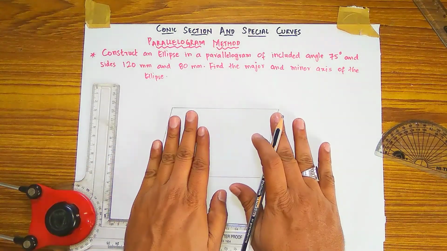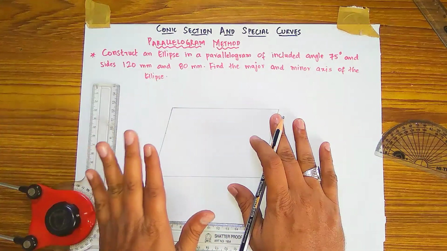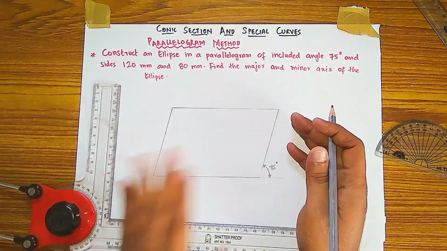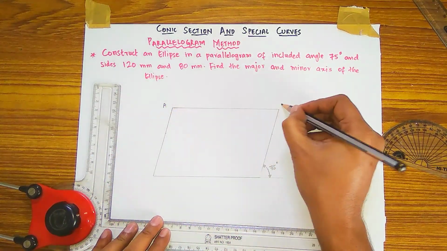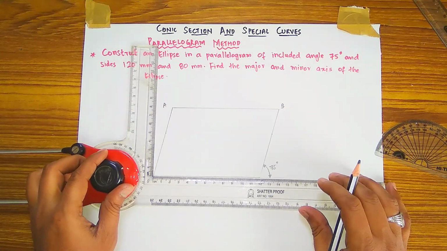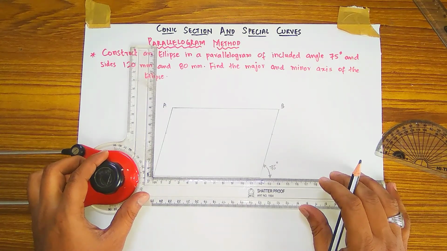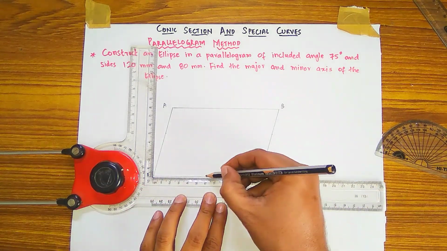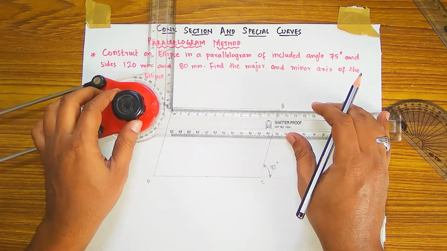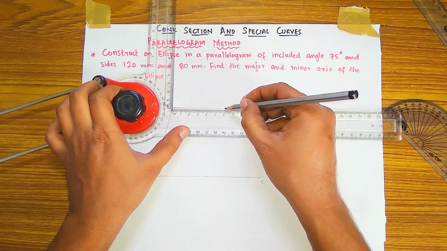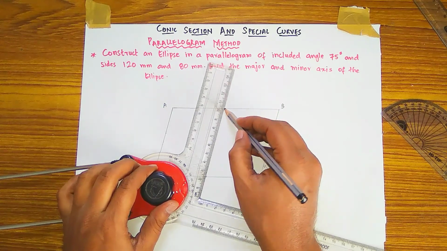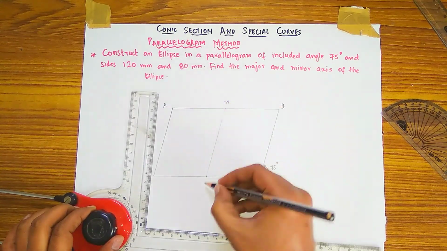Then, as you construct an ellipse by the rectangle method, the same process we have to do for this parallelogram, to construct an ellipse. First you have to label it A, B, C, D. Then you have to divide this into 4 equal parts. This line is 12 centimeters, and half of 12 will be 6. Put a dot, and on the upward line also take 6 like this, and draw the line from the 2 points. Label it as M and N.